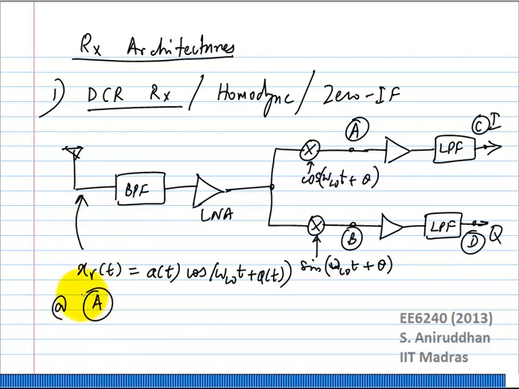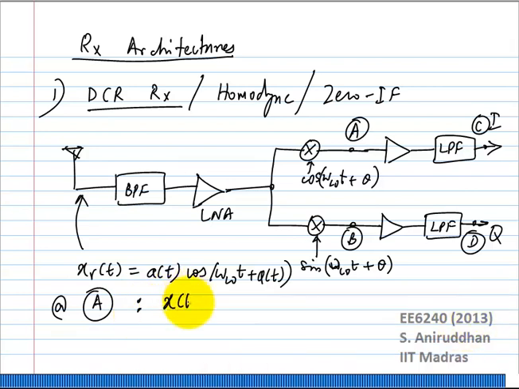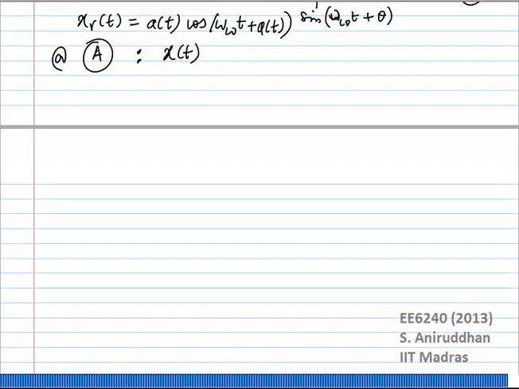At A, the signal will be x of t times cos omega LO t plus theta. Correct? I have just mixed it with cos omega LO t plus theta, and I can split it as